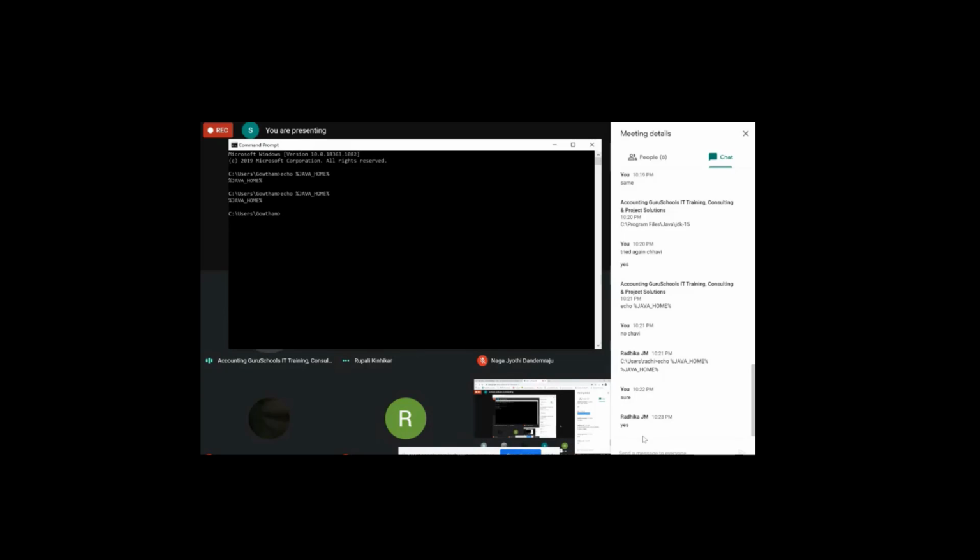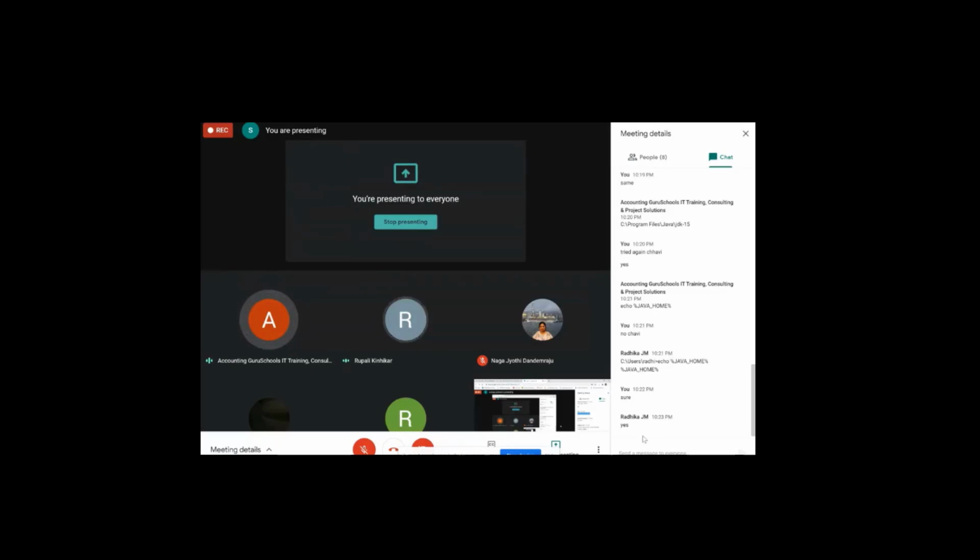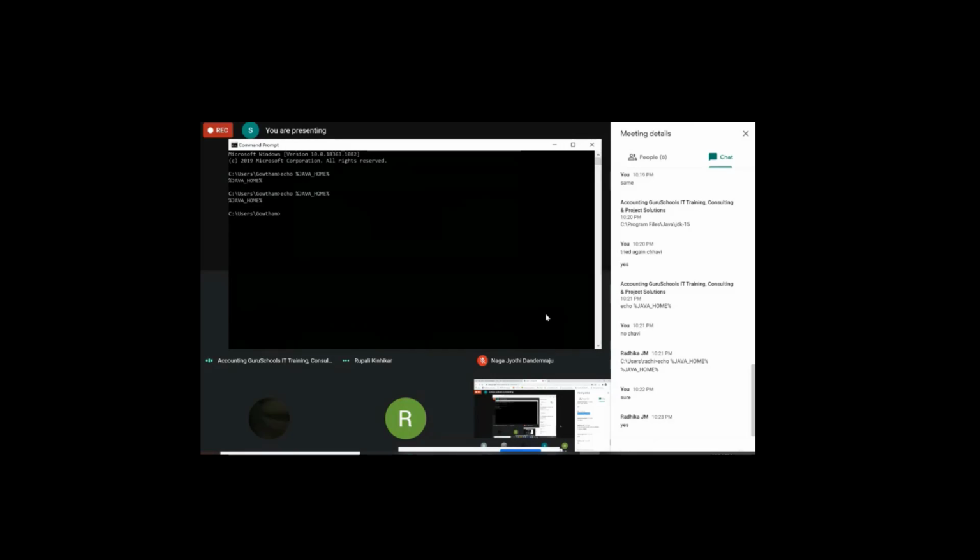Yes, you have to set the system variable first, which I have already explained, going to the new folder and then set the environment variable. You did it, and it's showing me the path. You correct. So with that same command which I have sent you, echo percentage Java home. Yes, so you are getting it, it is good.